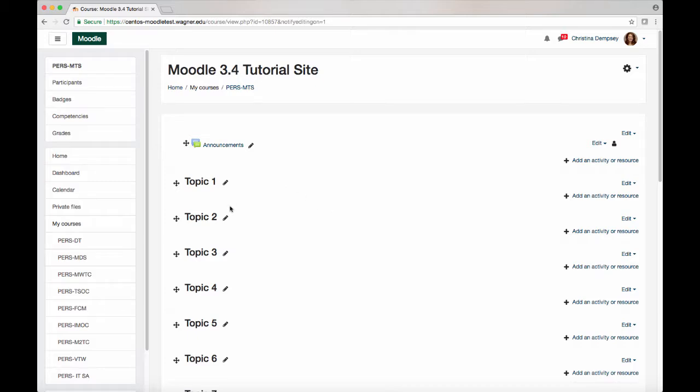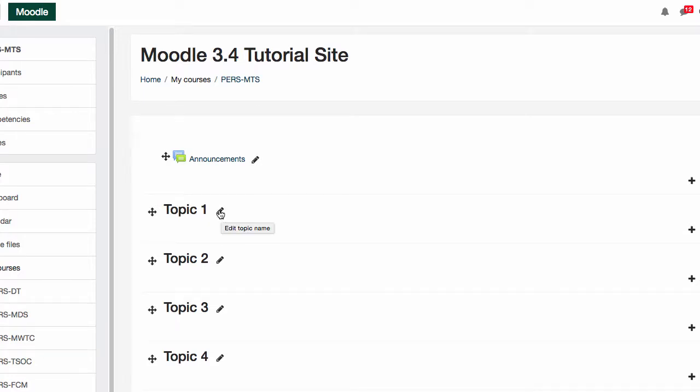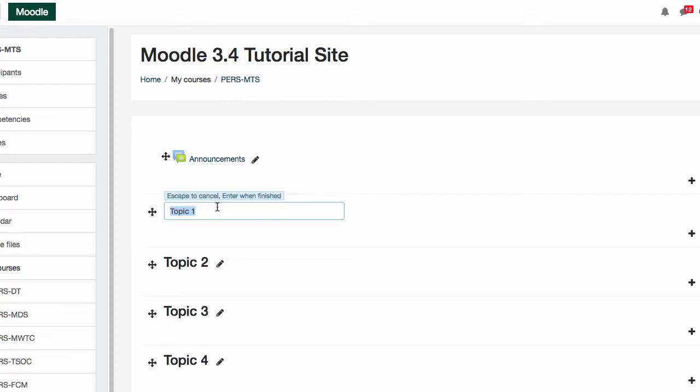Now, if I want to change topic 1 to say something different, all I have to do is click on the little pen here. And this is much easier to do in Moodle 3.4 than it was in Moodle 2.5. So let's say my first topic or my first class is going to be all about getting to know each other. So to change that, I click on the little pen, and then my box becomes editable. So all I have to do is go in here, and maybe I want it to say getting to know you,